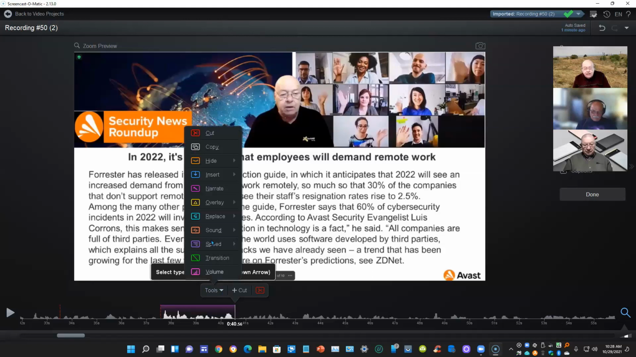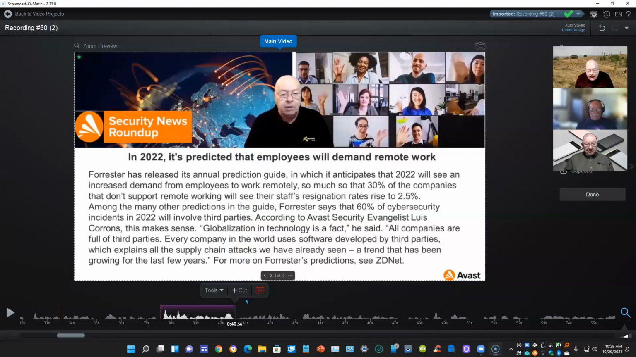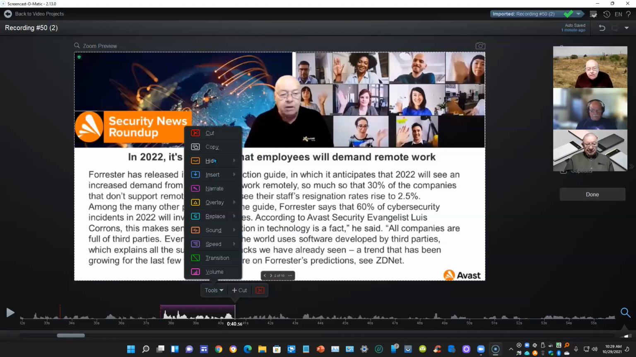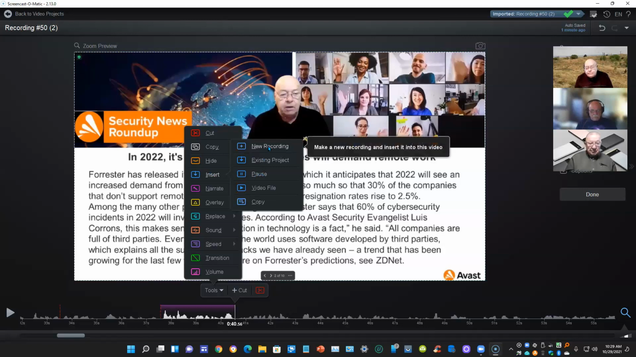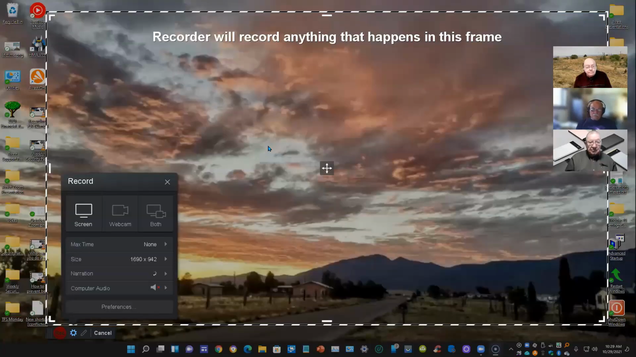if I were to select insert and put down new recording, watch what happens. It now puts me into recording mode. And I can record the screen, the webcam, or both. So if I select both,